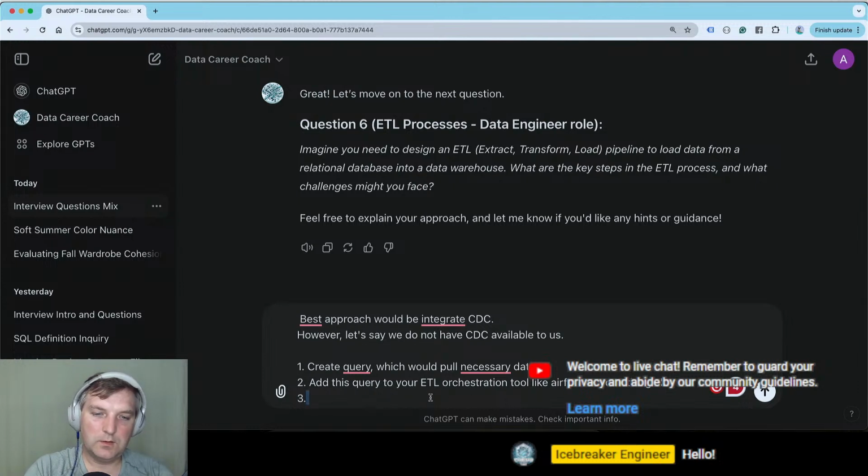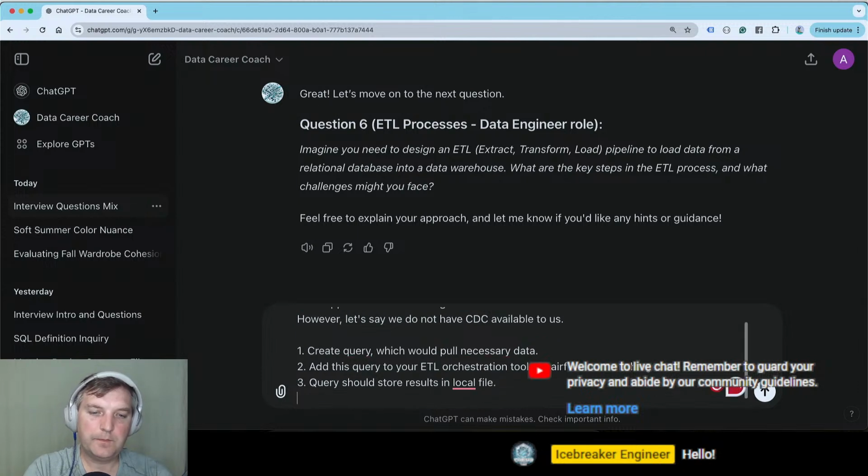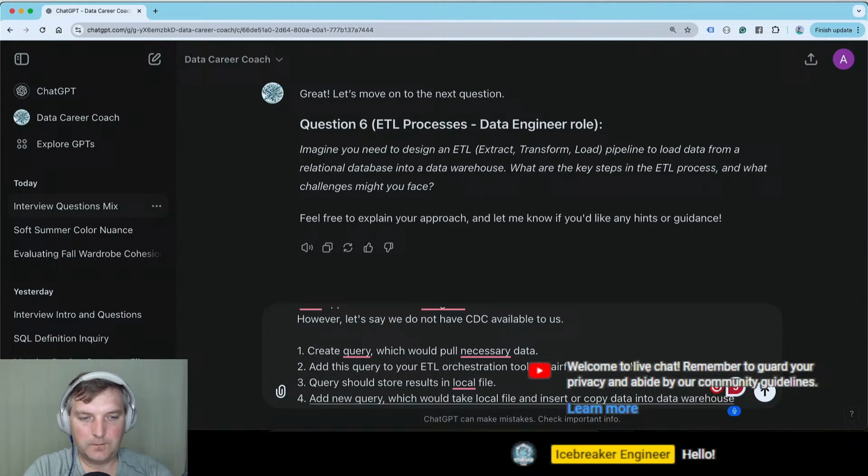Okay, so let's go further. The query should store results in a local file. Okay. 4, add a new query which would take the local file and insert or copy data into the data warehouse, right?